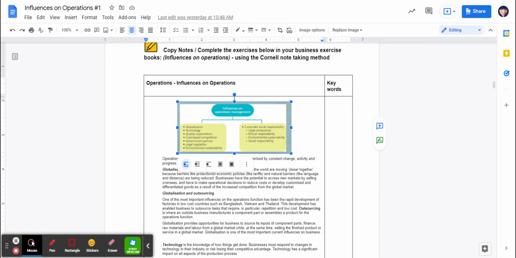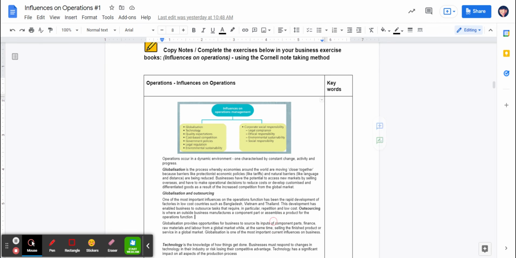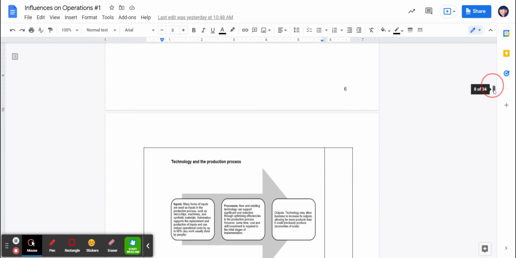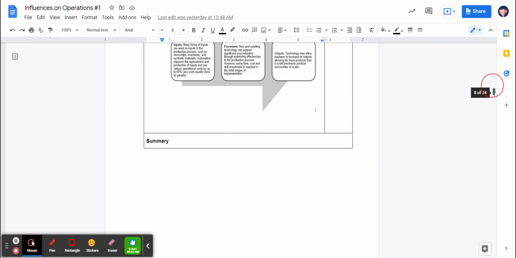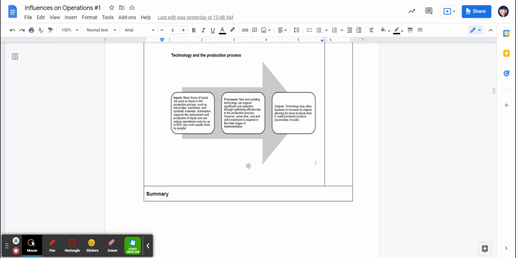The Cornell note method in your book has a main page, and then you would have on the right or left hand side, I like to favor the right hand side, a 3 or 4 centimeter column to put the keywords from the middle column in there, and a 3 to 4 centimeter line at the bottom, and this one might actually go over 2 pages, that has a summary.